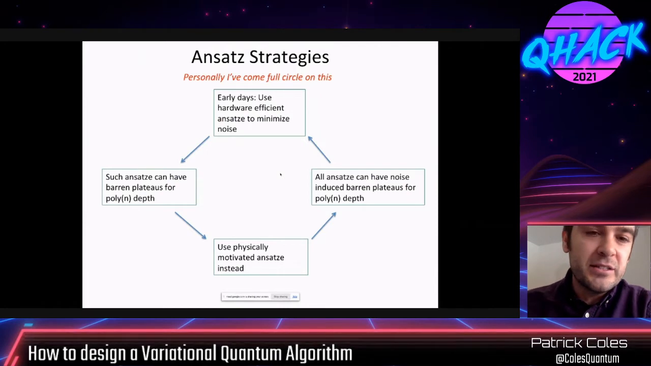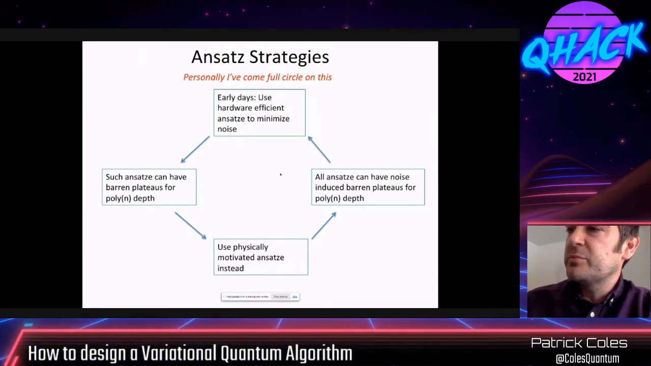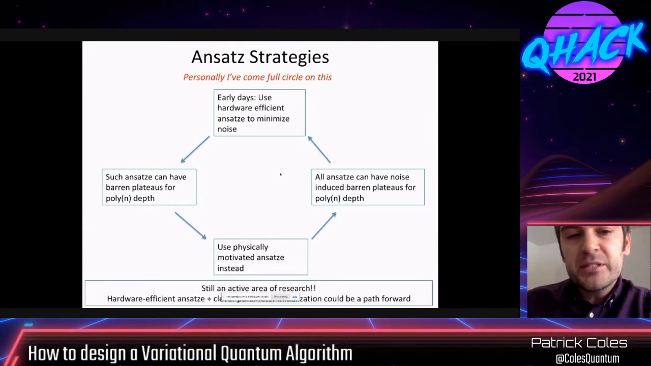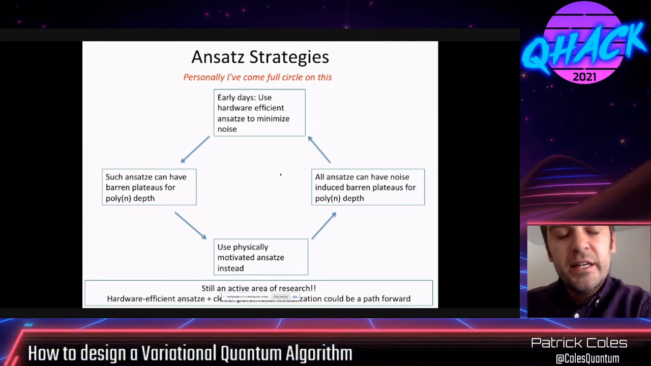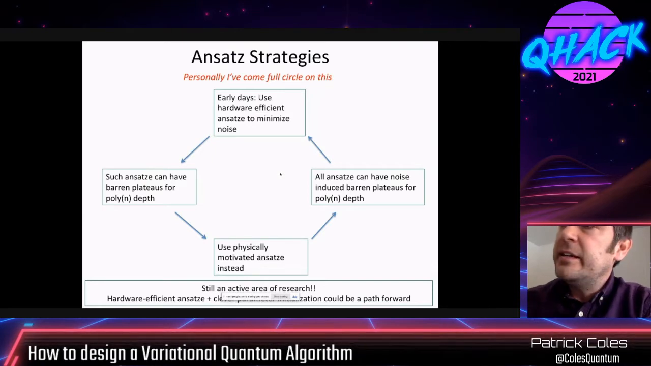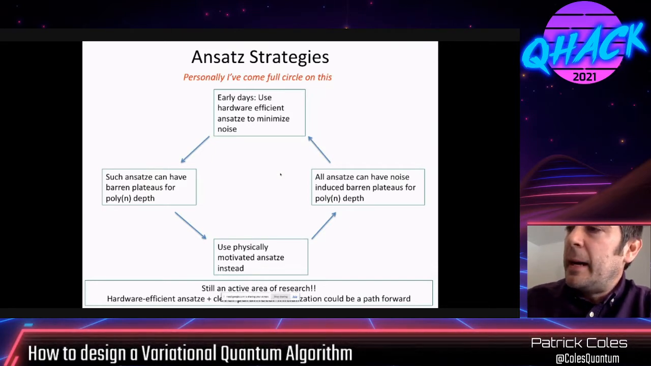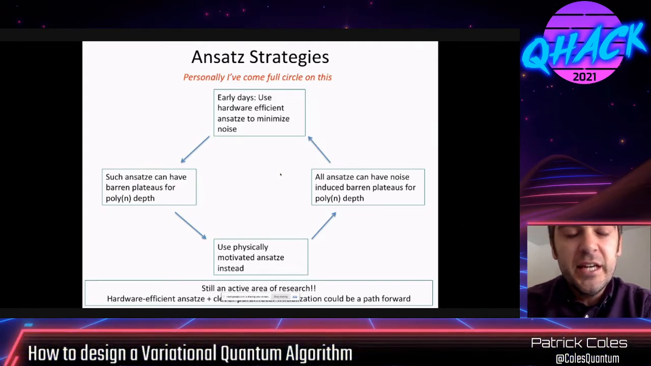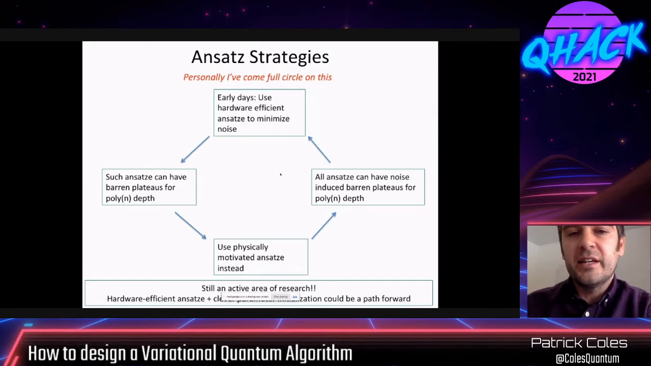Because no matter what ansatz you have, you're going to run into this noise-induced problem. But I will say this is still an active area of research. It might be possible that combining hardware efficient ansatzes, or some similar adaptive strategy where you adapt the depth of your circuit, with some clever parameter initialization strategy could be a path forward to avoid potentially both noise-induced and noise-free barren